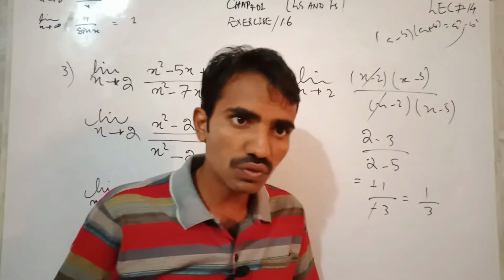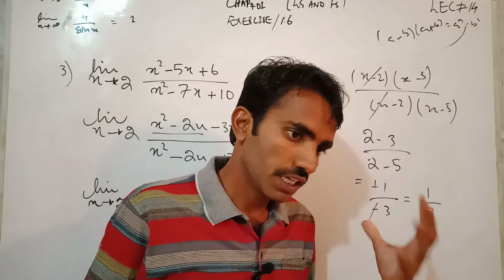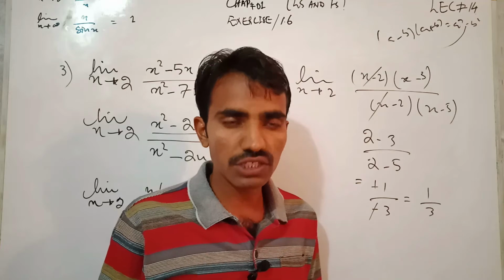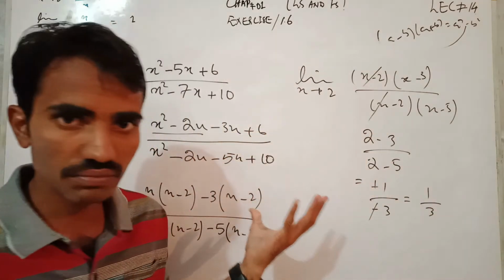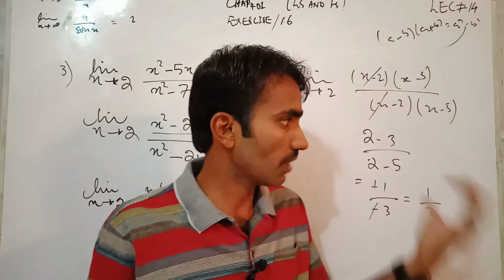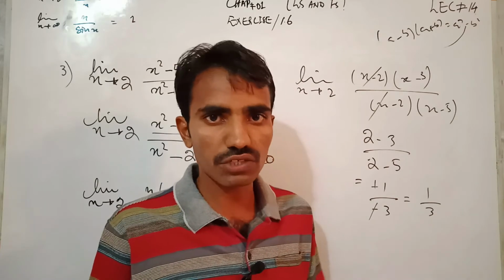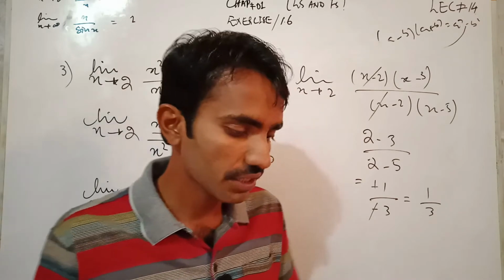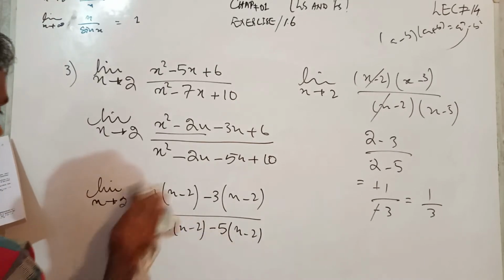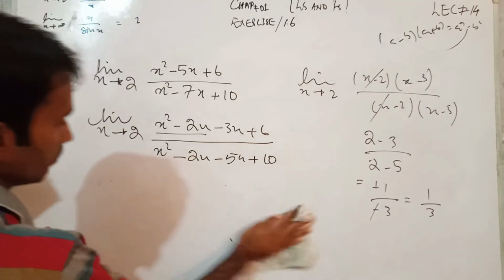This is the question number 3. What we have to do is first take the common x variable. If you are not finding a common factor, then you move towards the middle term. If you are not finding the middle term, then you move towards the formula minus b plus minus under root b square minus 4ac divided by 2a. This is the very simple way of doing any problem.